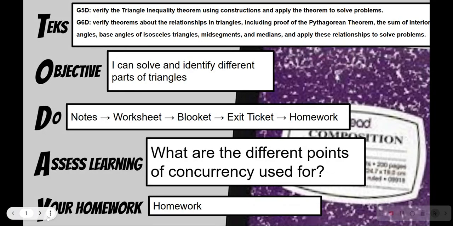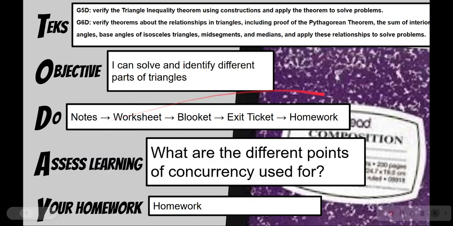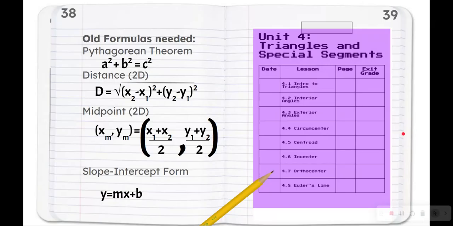We're going to talk about another point of concurrency called the orthocenter today. Remember, a point of concurrency is when three or more lines intersect. And there's a couple of different types, and they are found different ways, and they are used for different things. So the ones we've talked about are the circumcenter, the centroid, the incenter, and now we're going to talk about